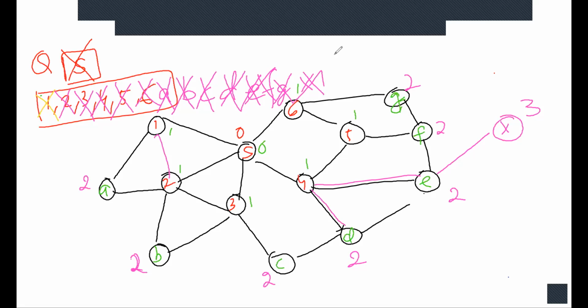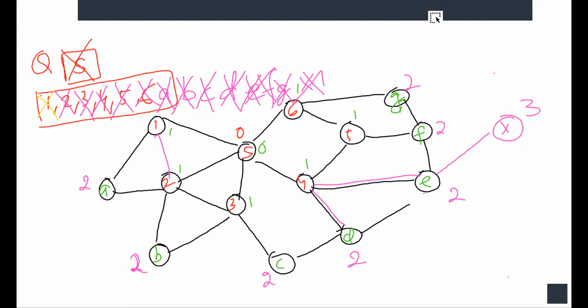So once you're done with that first level of adjacent vertices, by the time you are dequeuing them and examining their adjacency list, you are enqueuing them as well in the queue. So you will first finish with all the adjacent vertices of S, and then you will finish with all the adjacent vertices of the next node that you dequeued. So if you see here,